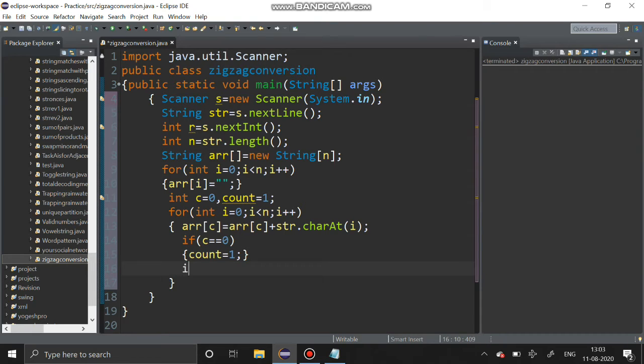I am checking one more if condition. If c is equal to row minus 1, then we have to start subtracting it. That time I am making the count variable to minus 1. Then c equal to c plus count.